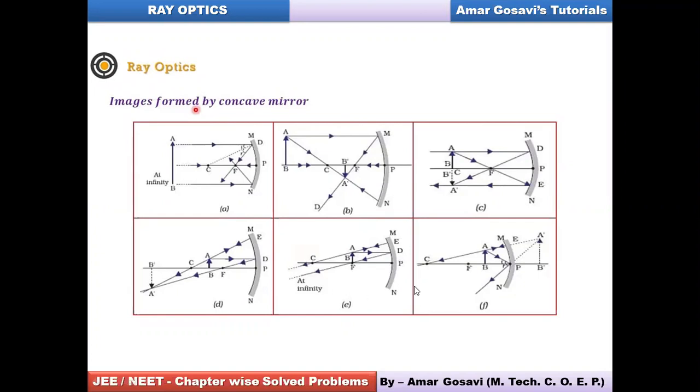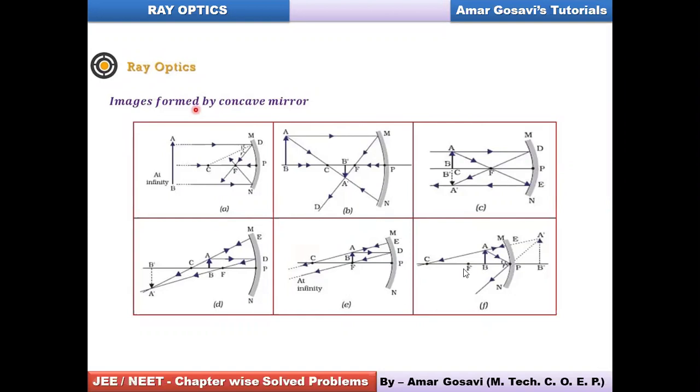Let's talk about the last possible case so far as concave mirrors are concerned. Now you just shift the object between pole and focus. So we have done that, okay? You can see the first ray will directly move through pole here in this case, and then gets reflected as per angle of incidence equal to angle of reflection. Now this ray which passes through center of curvature, if you talk about the ray over here and here, they were not going to meet. So image formation will be difficult somewhere here.